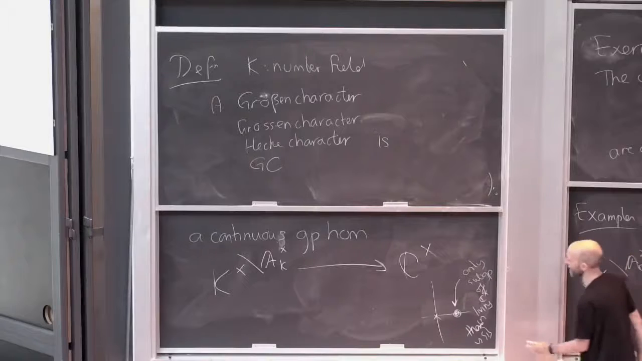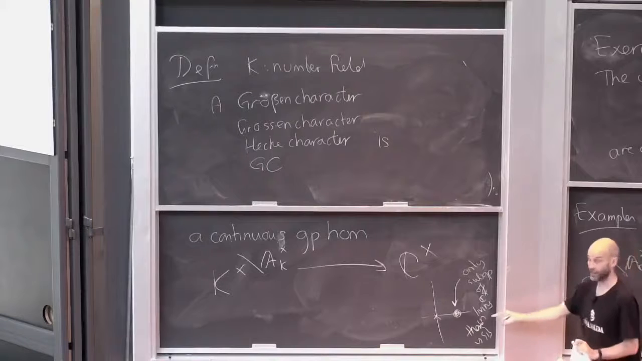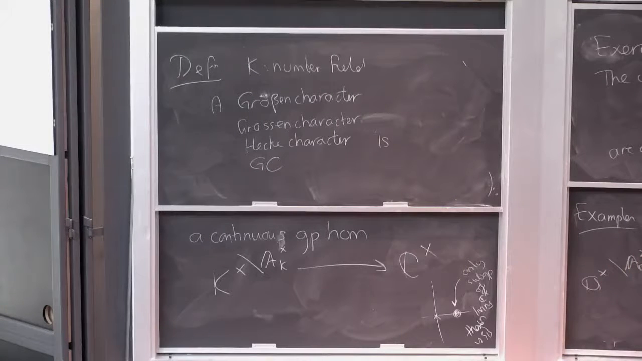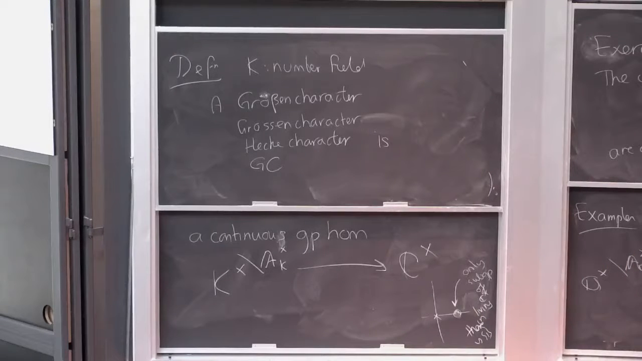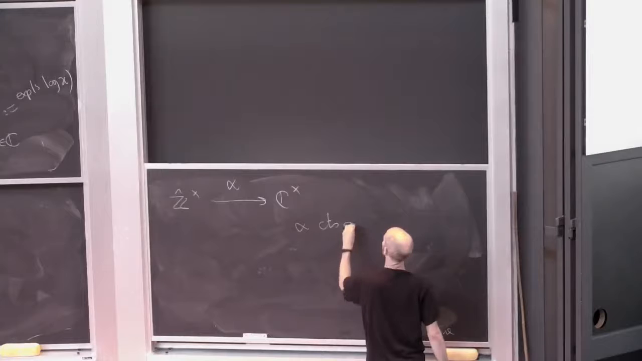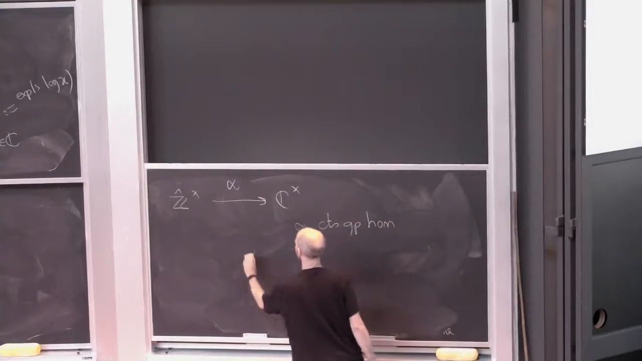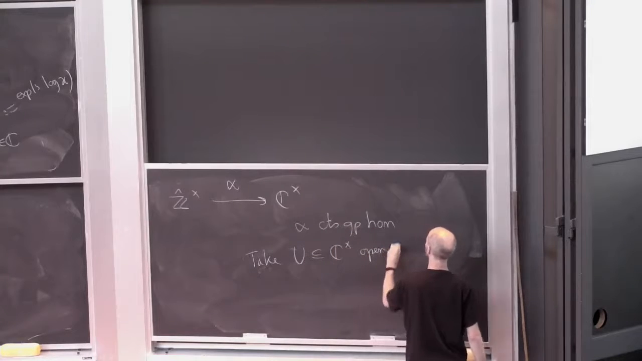The moment you take some random thing that isn't 1, it's 1 plus epsilon, you raise that to the power 1,000,000, it's going to fall out of that little circle. So C star has no small subgroups. So I can take this open set, and I can look at the preimage of this. I'm now trying to work out maps from Z hat star to C star. Let's say alpha is a continuous group homomorphism. So take U living in C star, the open disk,